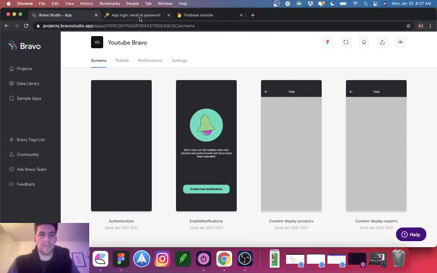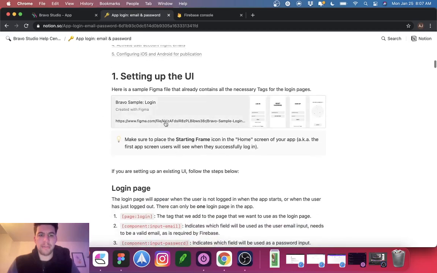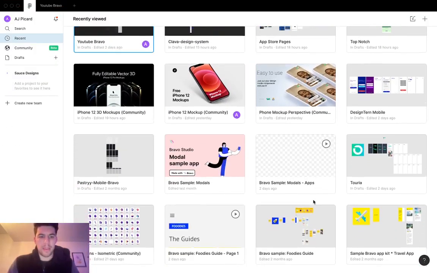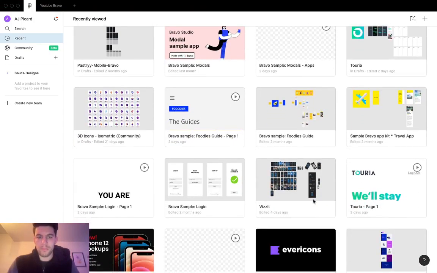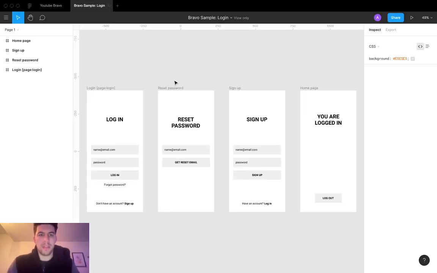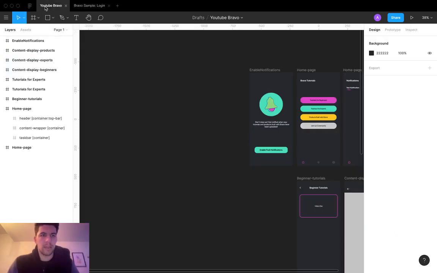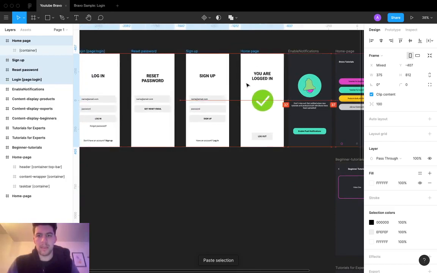Bravo actually, if you go to their create login email password, they actually have their own sample login page here. Okay, so what we're gonna do is I already downloaded this page, and the page is right here. And what I'm gonna do is I'm literally going to copy all this stuff, okay, and we're just gonna bring it in here. Line it up,